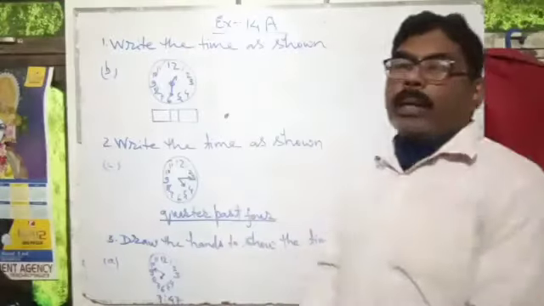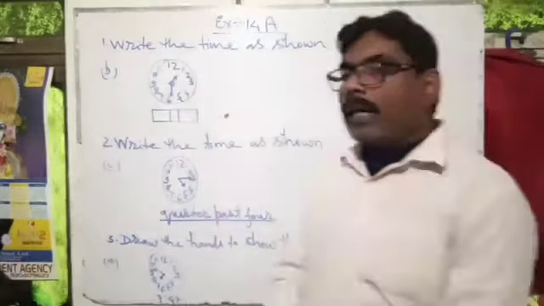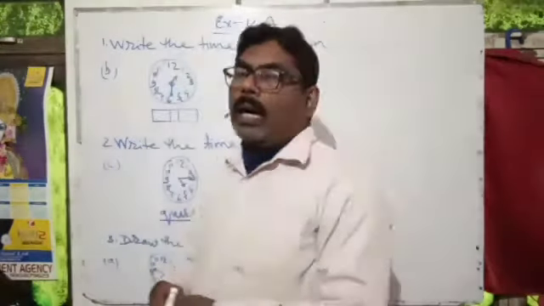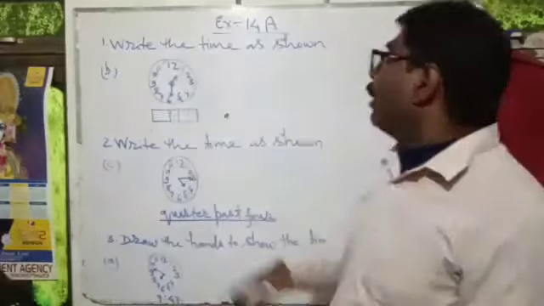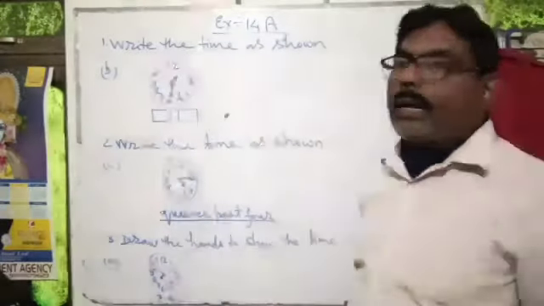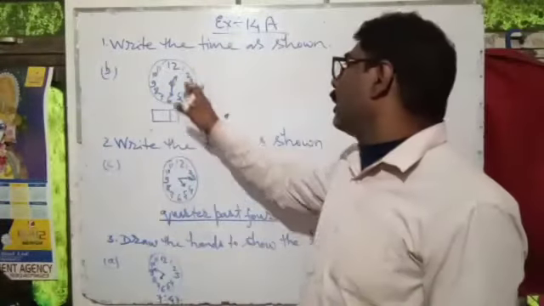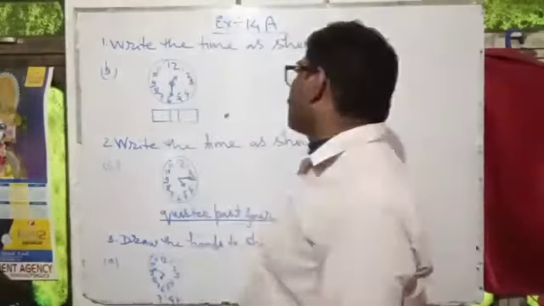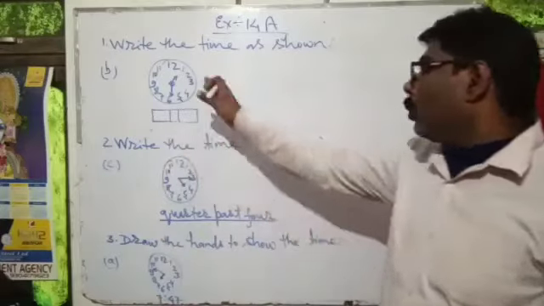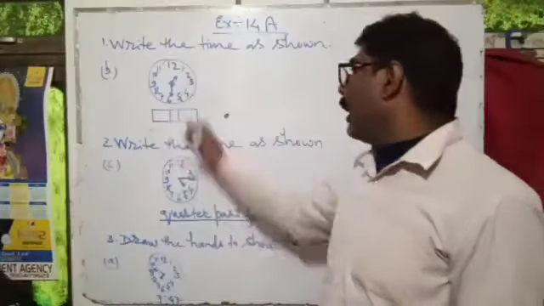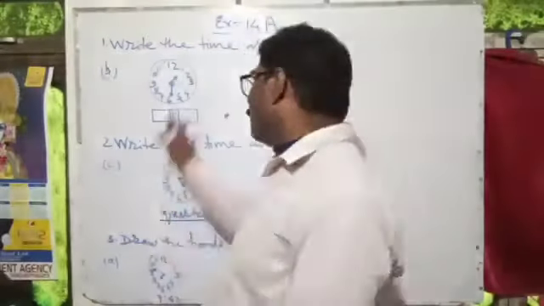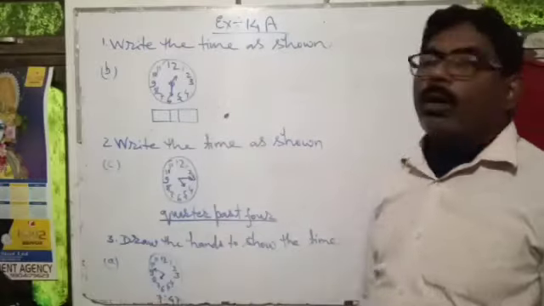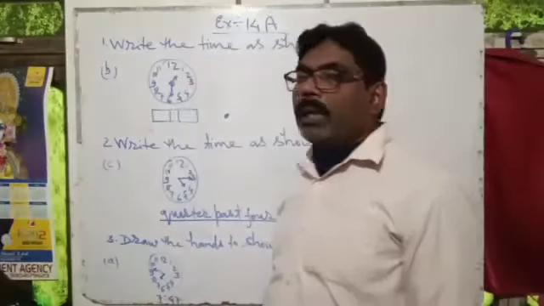This exercise is about time. Children, you know that time is measured in minutes, hours and seconds. Here is a picture of a clock and there are some numbers written on the dial that show times. There are two hands, one small and one long. The short hand shows hours and the long hand shows minutes.